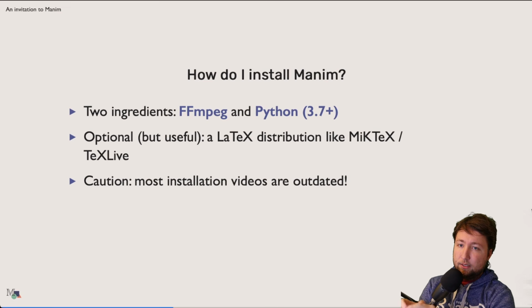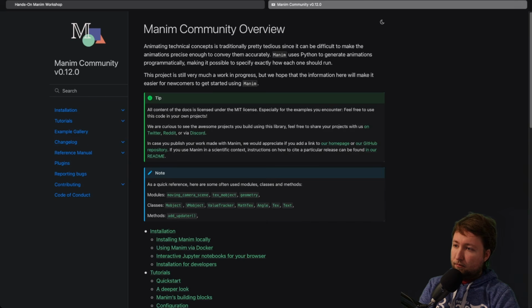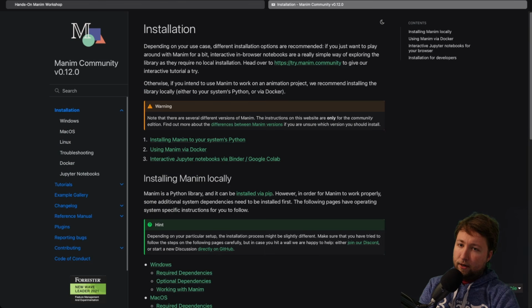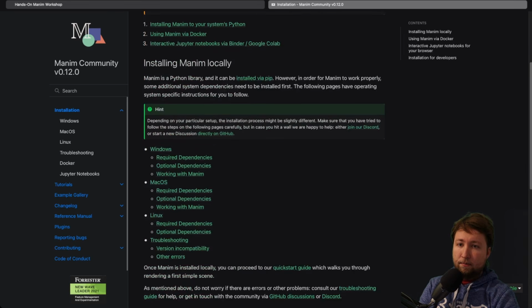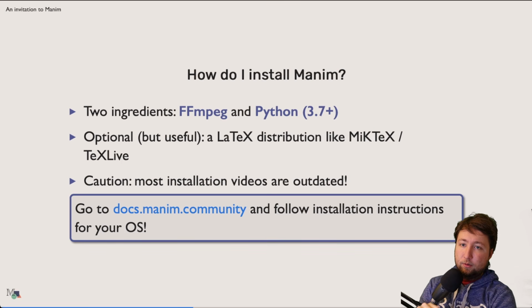The community maintained version has moved pretty fast at some stages, and most videos were created before that. And nowadays, the process is not that complicated. So my recommendation is go to the documentation of Manim. We can go right there and have a look. You see there is this installation section right here. Head over there, select the correct operating system, and then just follow the steps. And in most cases, this should work as expected. So that's regarding installation. As I've said, I won't really go into detail here much more.